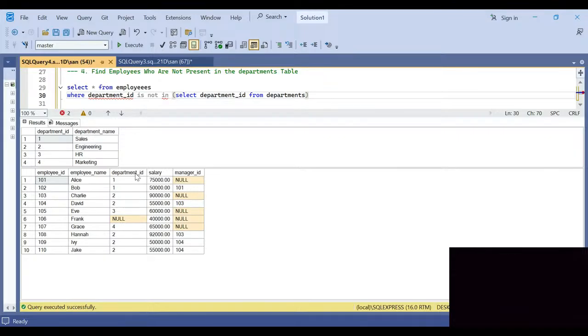So actually we are saying if the rows in our department ID from our employees table are not matching with the rows in department ID in our departments table. So if you run this,